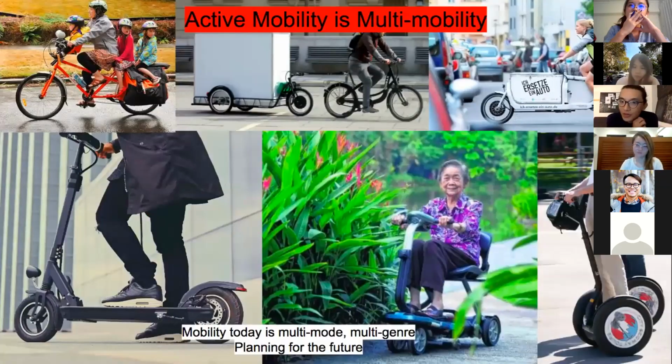And we did talk a bit about micro-mobility, but it's called multi-mobility. One of the biggest mistakes they made in the master plan was to just emphasize cycling. But we have to understand the multi-mode of vehicles, from PMDs, personal mobility devices, to mopeds, to even what they call adult mobility for the elderly, to cargo bikes and so on and so forth. So you actually have to think of it as a multi-mode, multi-genre mobility form.